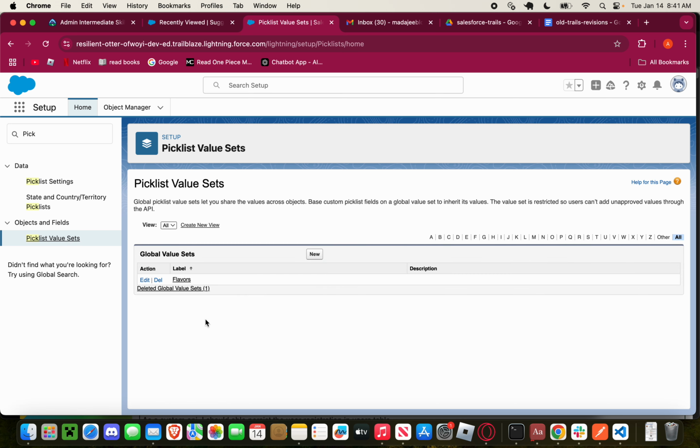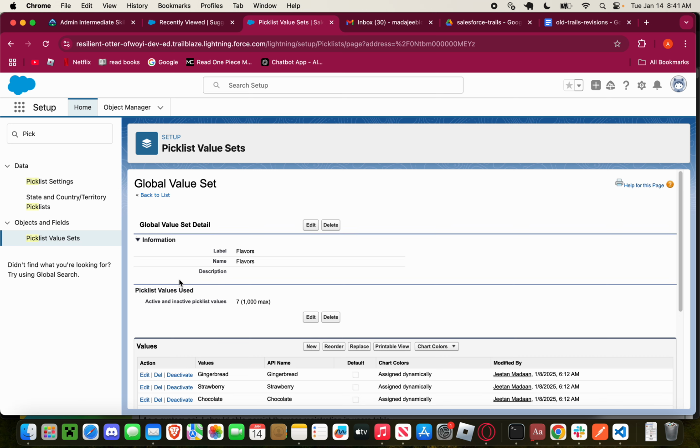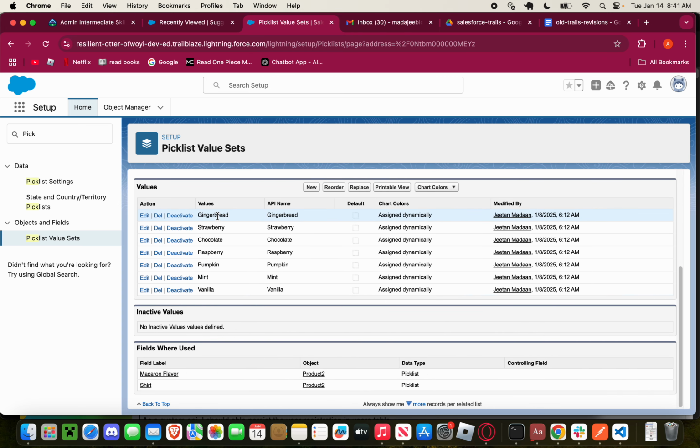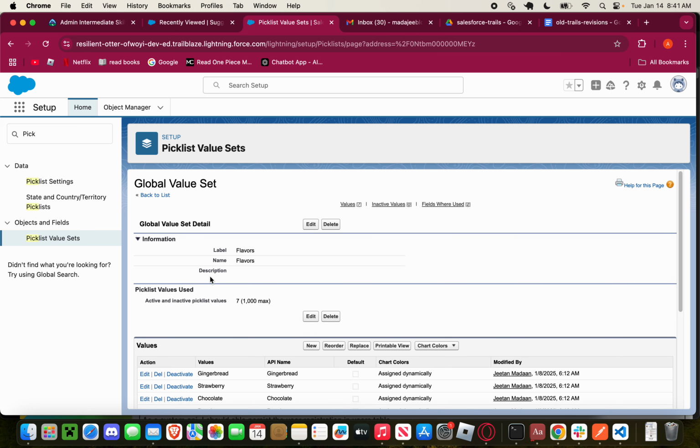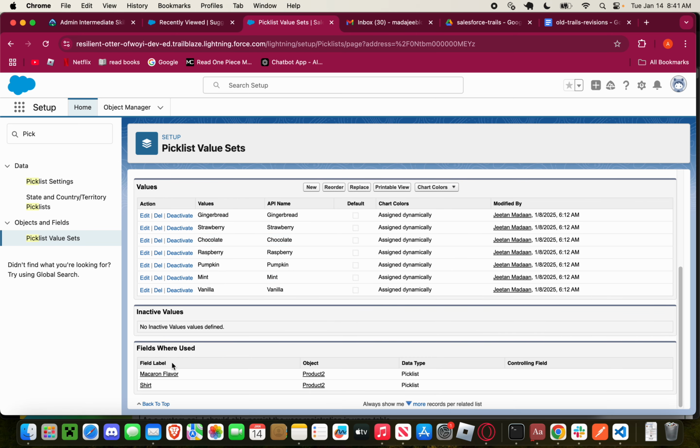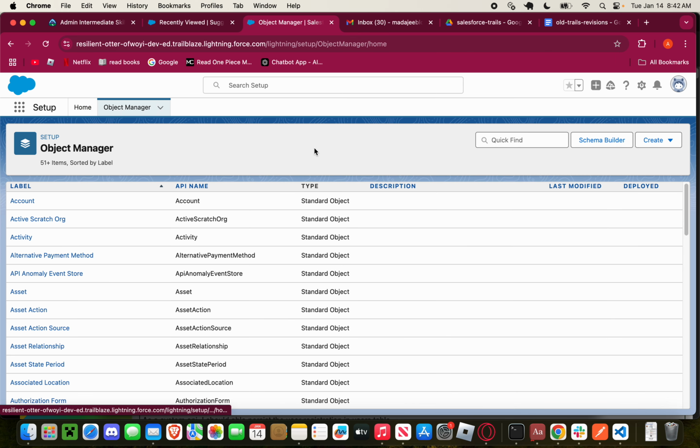For example, we have created the Flavors picklist global value set, and assigned these values, and then we see that this Flavors value set is used in the Product object for fields like Macaron Flavor, and Shirt is also a picklist. So let's see, if we go to